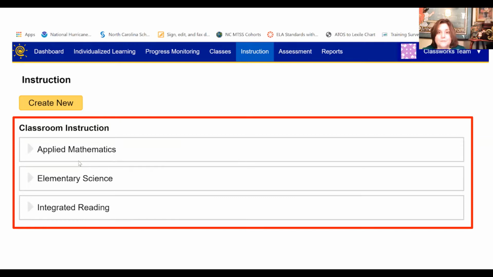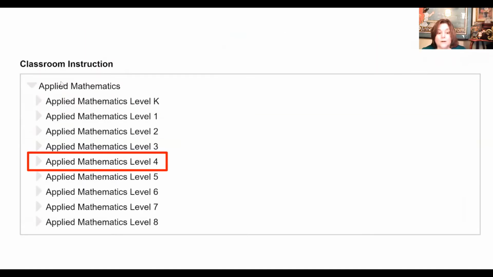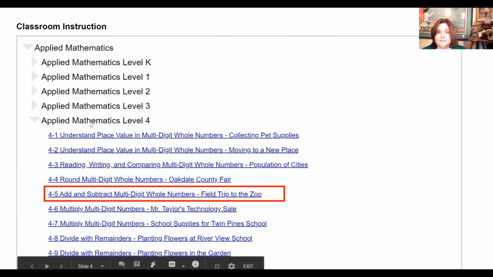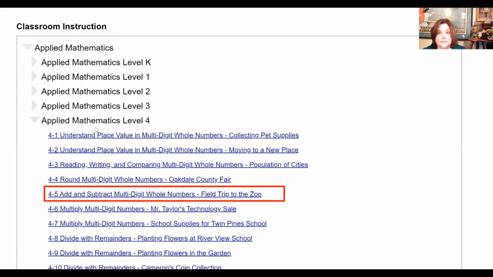So if we go here first and we choose an applied math lesson, we would open up applied math. We would get to our grade level. Once we've opened up our grade level, we will see the list of different units. Now for math, there are 43 different units at each grade level, 1st through 8th, and there are 26 when